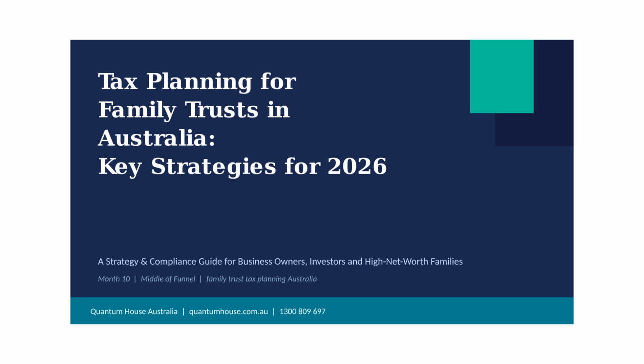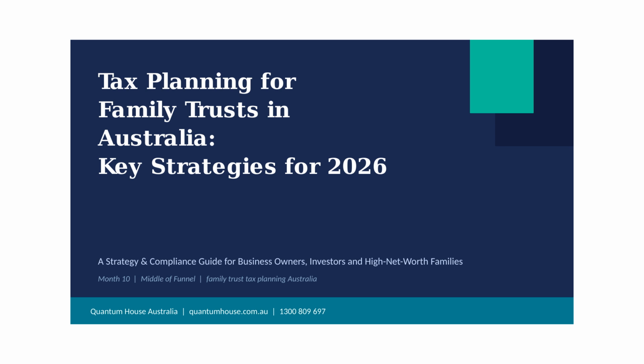Today we are covering one of the most widely used and most powerful tax planning structures available to Australian families, the discretionary family trust. Used correctly, family trusts offer significant flexibility in distributing income to family members on lower tax rates, protecting assets, and managing capital gains tax. But there is a tension at the heart of this topic, because the ATO has become increasingly focused on family trust arrangements, and the compliance requirements have become considerably more demanding in recent years.